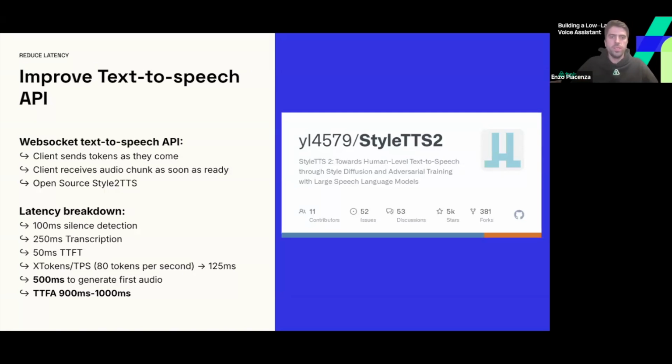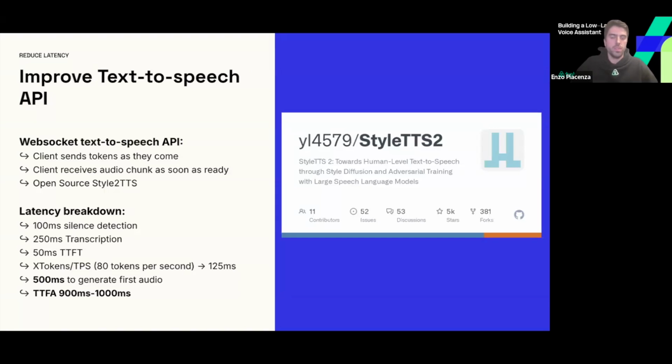Okay, so for the text-to-speech API, we found out that 11 Labs, probably some of you know about this company, do have a WebSocket API, which is very great for text-to-speech. And it works great when you play with an LLM, because the LLM returns tokens to you and you can send tokens to their WebSocket API and it does the buffering and all of that for you. So we decided to build a WebSocket API like they do, but